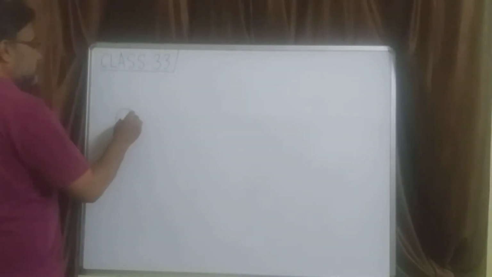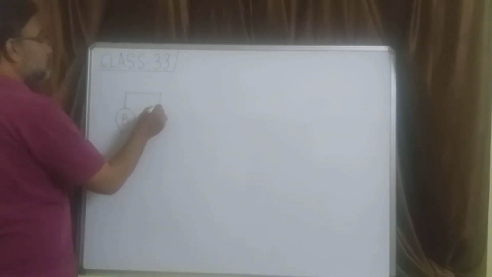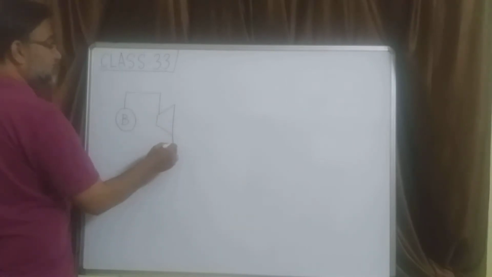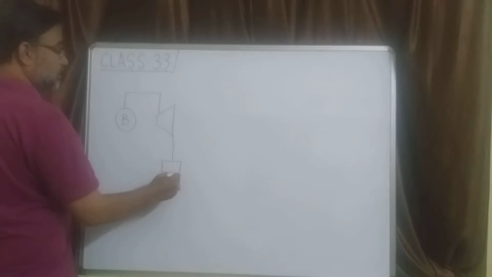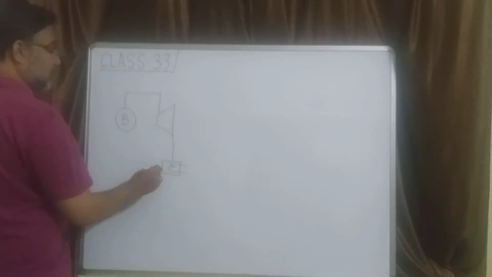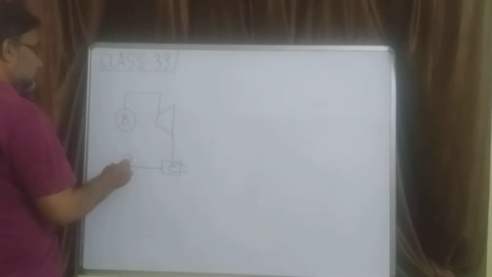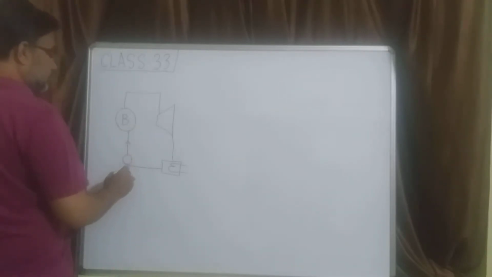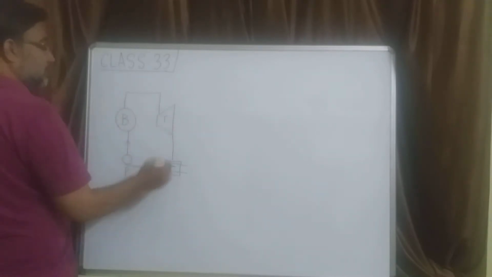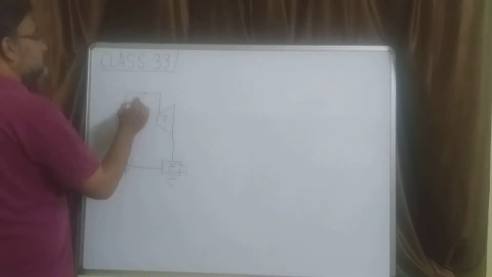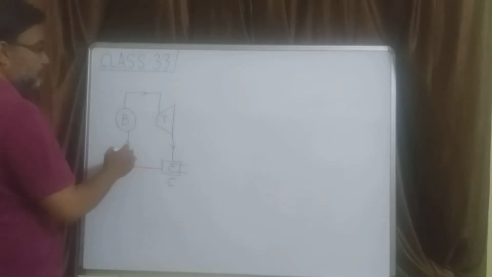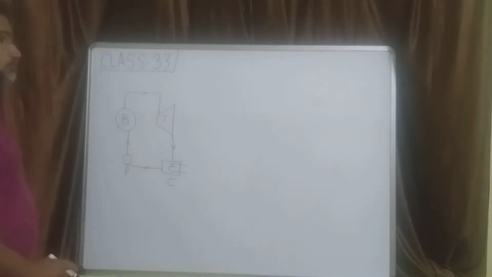Okay, so this is our block diagram. It starts with a boiler. The job of the boiler is to generate steam. Then the steam which is generated at high pressure will go to the turbine. From the turbine it will come to the condenser, and from the condenser it will go to the pump and will feed back to the boiler again. So this is the pump, this is the boiler, this is the turbine, and this is the condenser. And this is how the working substance will move from one unit to the other.